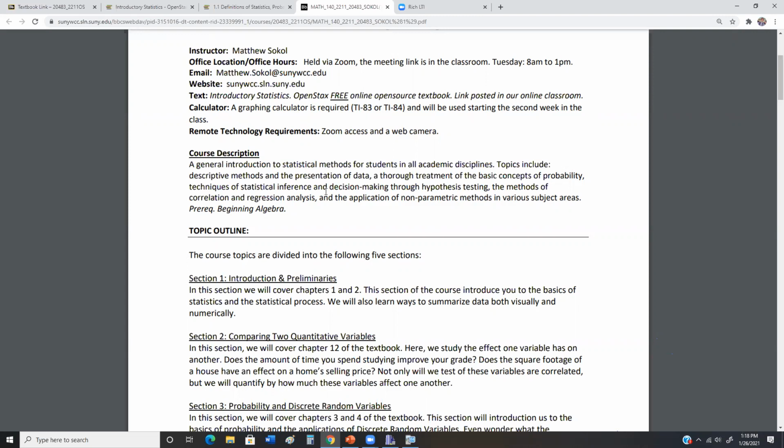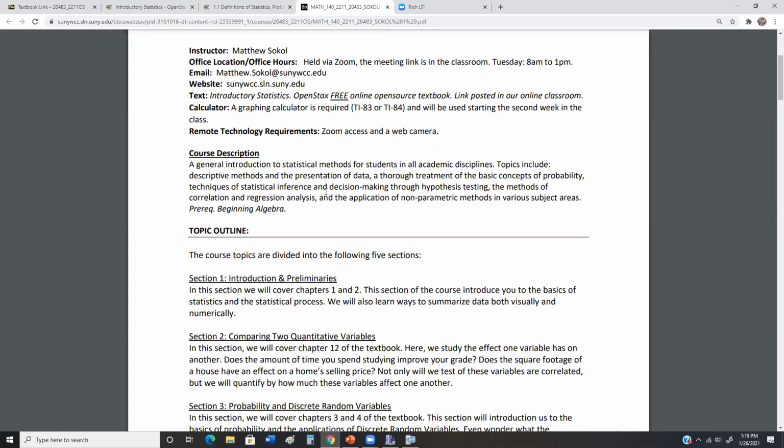I have a graduate degree in statistics. It's just a fantastic field. So topics include descriptive methods in the presentation of data, a thorough treatment of the basic concepts of probability. That's a really fun section. Techniques of statistical inference and decision-making through hypothesis testing, methods of correlation and regression analysis, and the application of non-parametric methods in various subject areas.